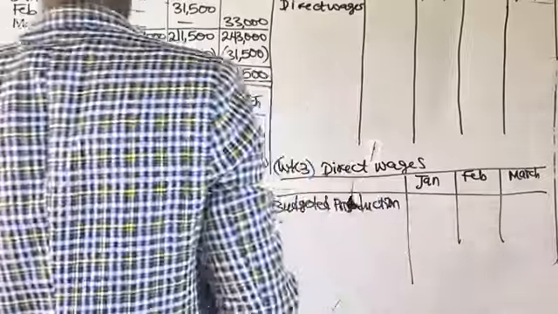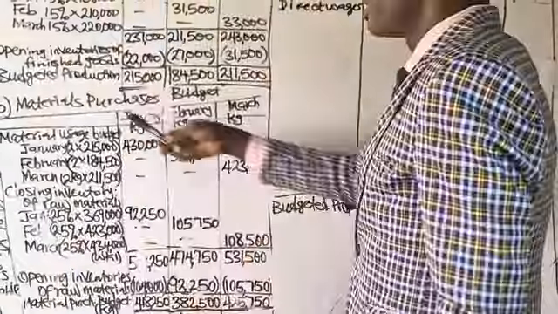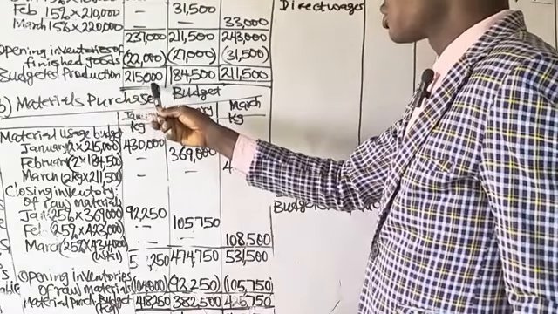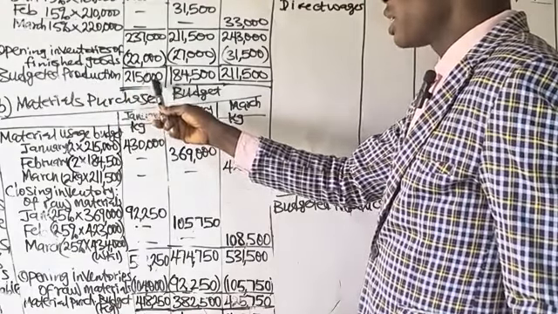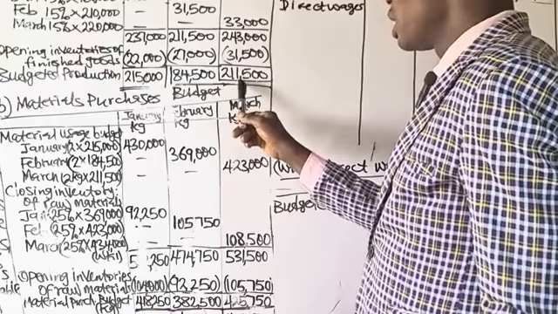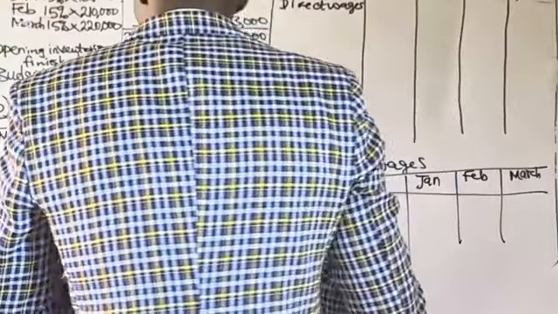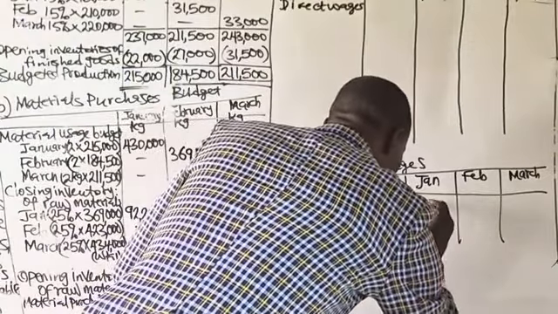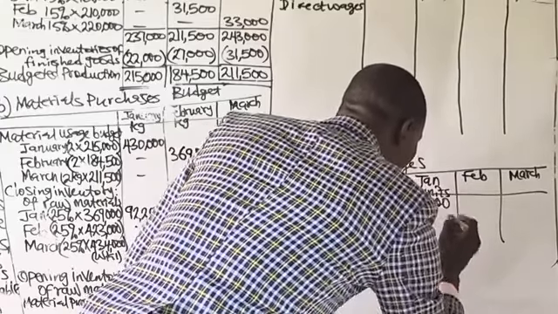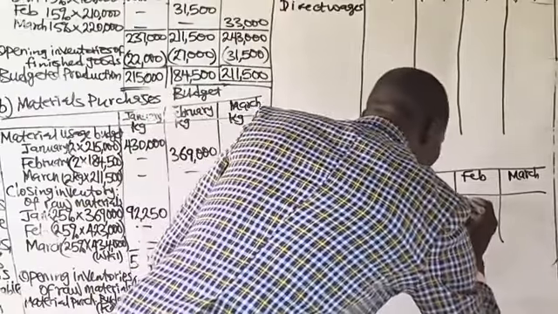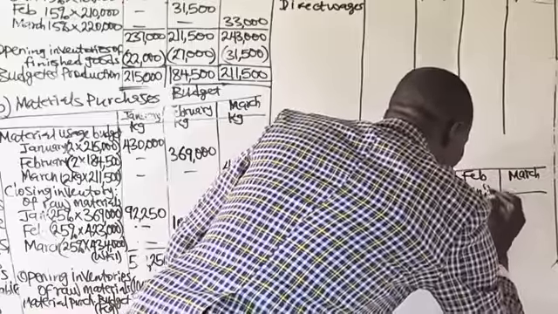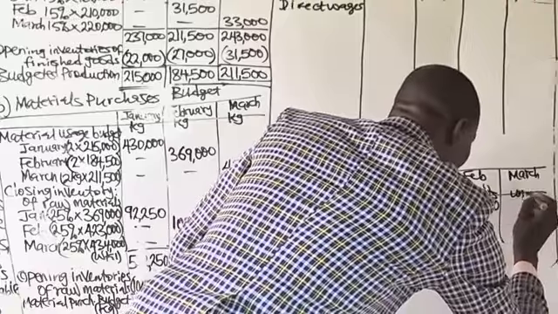The budgeted production is obtained from the production budget. This is budgeted production: 215,000 units in the month of January, 184,500 in February, 211,500 in March. So January 215,000 units. The production is in units. February, 184,500 units. And in March, we have